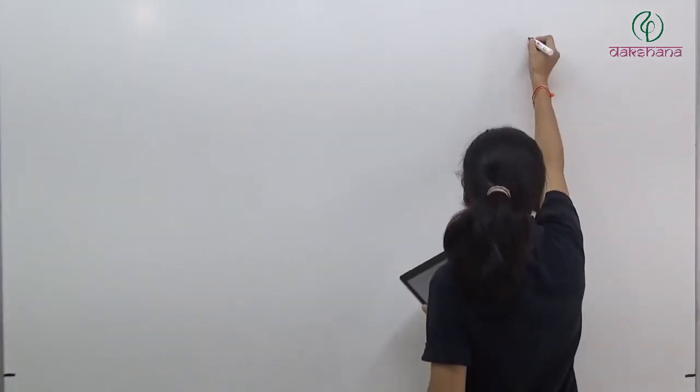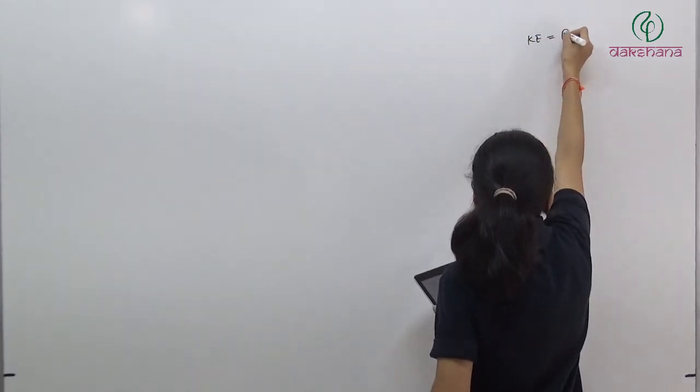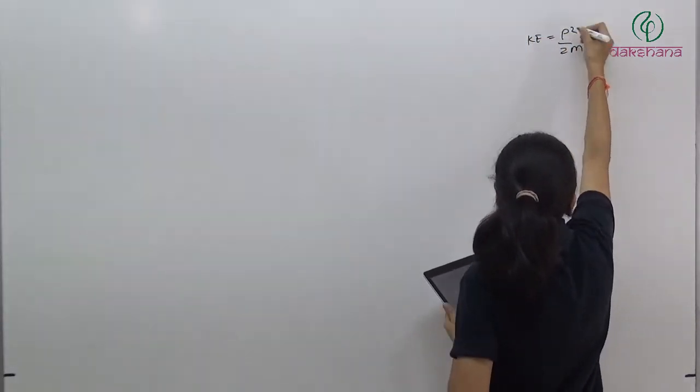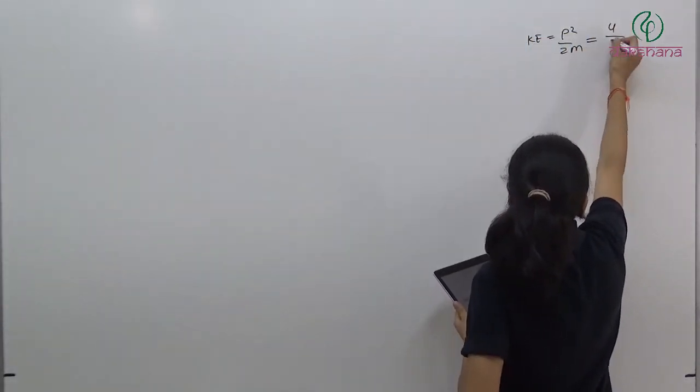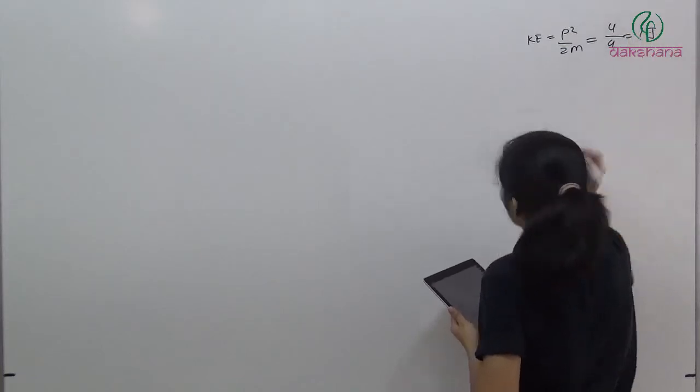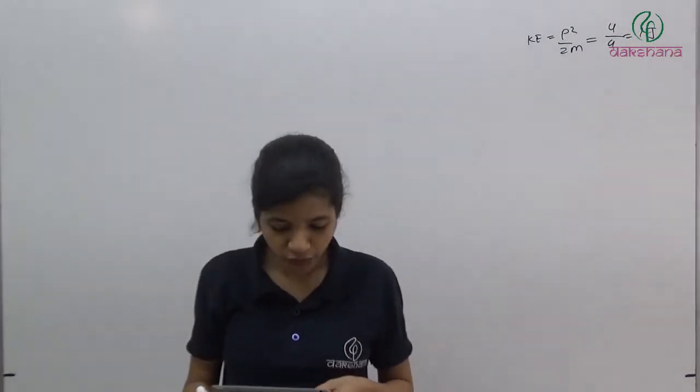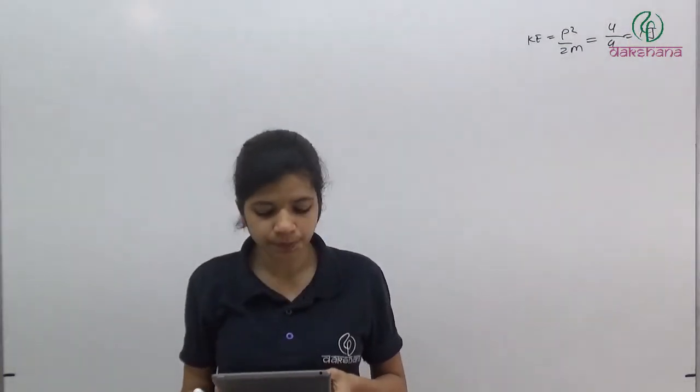We know kinetic energy is equal to P square by 2m. P is 2, so P square will be 4. In the denominator we have 2m, 2 already is there, m is again 2. So 4 divided by 4. So kinetic energy is P square by 2m; P square is 4 and the denominator is 4. So we'll get 1 joule. The answer will be 1 joule, the first option.